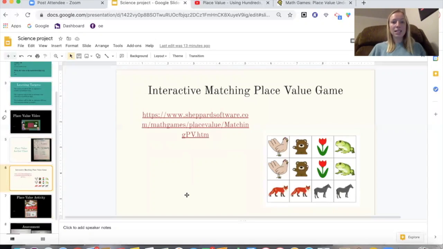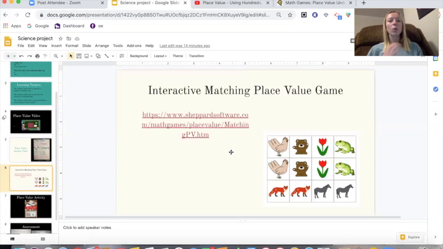Okay, so this is an interactive matching place value game. If you'll look right here, this is not the one we're doing. This is just an example of the matching game. I'm sure you've all played it before. You have to try to match the two that are the same. And so y'all can all either look with me, or if you want to, you could go to this website right here,